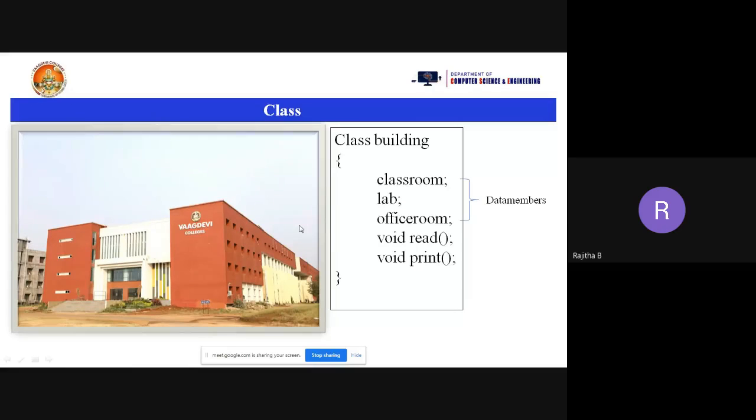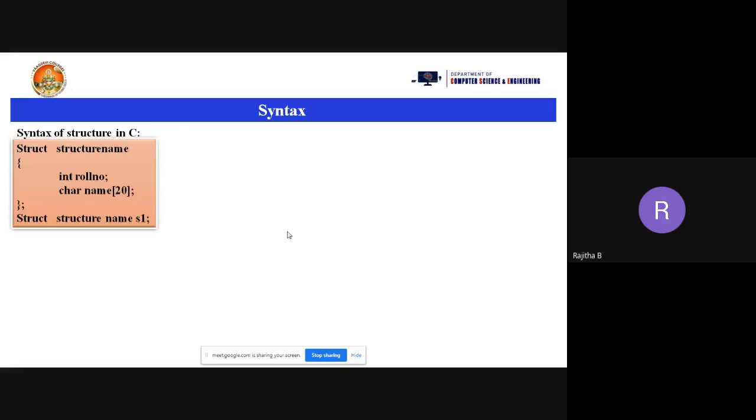So that is the difference between class and object. Is this clear, everyone? Yes, ma'am. So class is a logical one and object is a physical one. For the class, memory will not be allocated, but when you create the object, the memory will be allocated. So those are the differences between the class and the object.